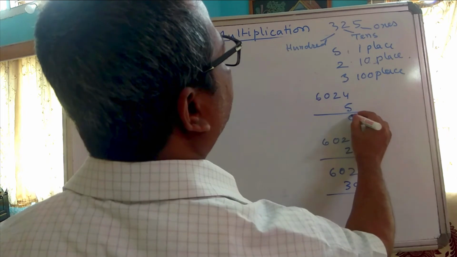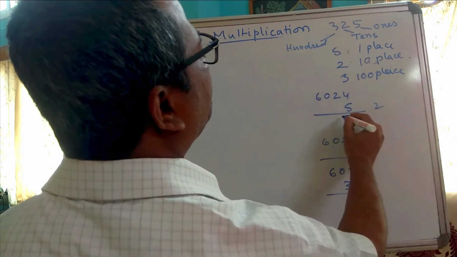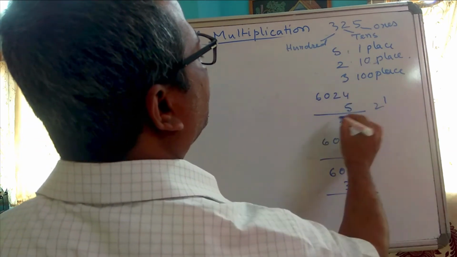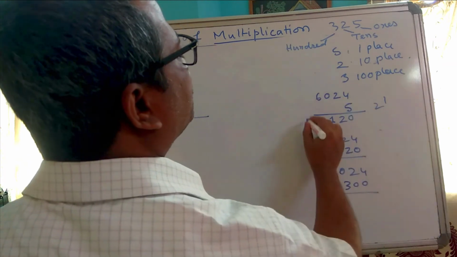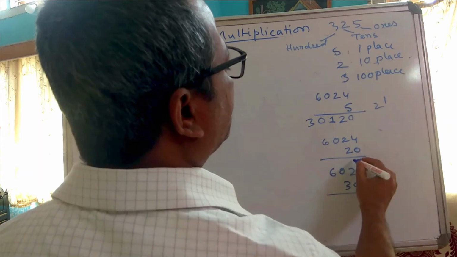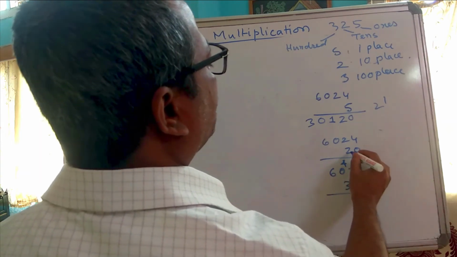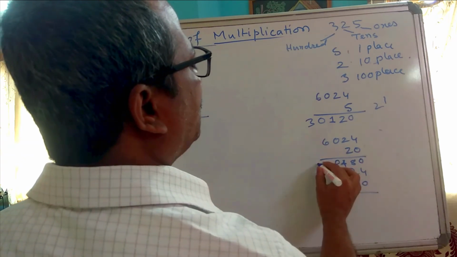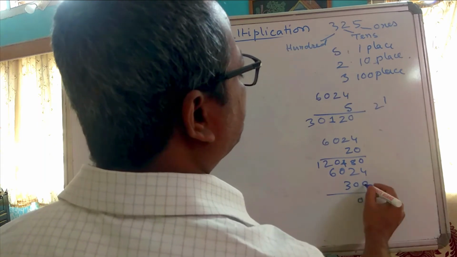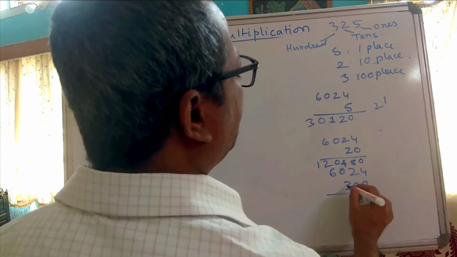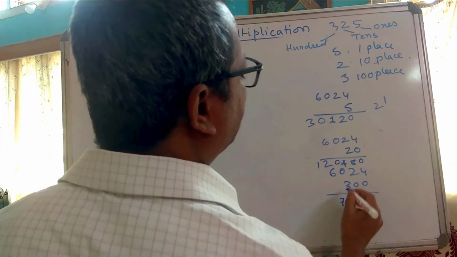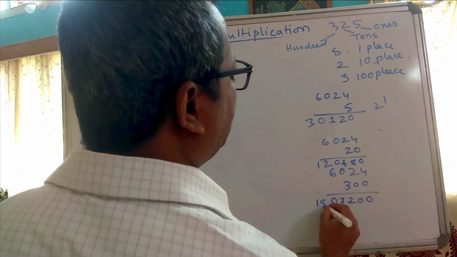So 5 fours are 20, 2 left, 5 twos are 10 and 2, 12, 1 left, then 5, 0, 0, 0 and 1, if you add you will get 1, 5, 6 are 30, again 0 fours are 0, 2 fours are 8, 2 twos are 4, 2, 0, 0 and 2, 6 are 12, here 0, 0, 0, 0, 0 fours are 0, 3 fours are 12, 1 left, 3 twos are 6 and 1, 7, 3, 0, 0, 3, 6 are 18.